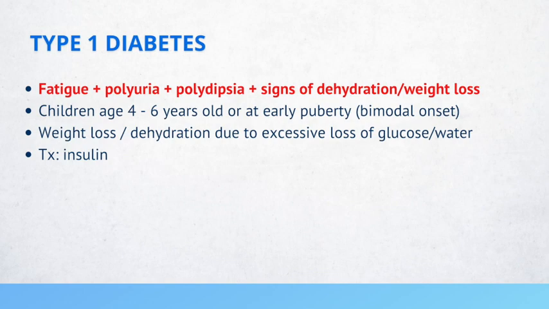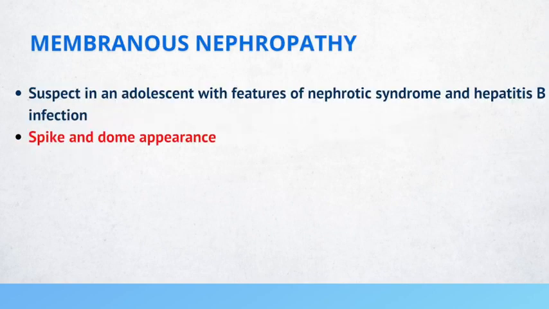Membranous nephropathy. So this can be suspected in an adolescent with features of nephrotic syndrome and a hepatitis B infection. When you're preparing for Step 1, there was a table on the different types of nephropathy and the associated conditions, like sickle cell disease, drug use in African Americans. This is still a very, very high yield concept